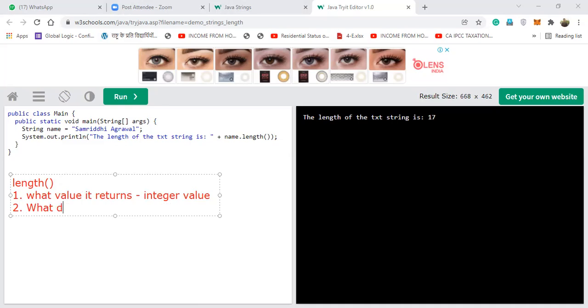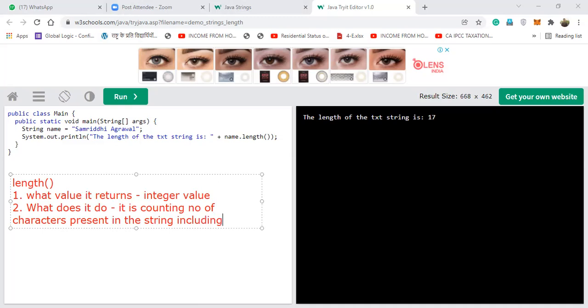It is counting the number of characters present in the string. It counts the number of characters which are there in the string, including what? Including spaces.